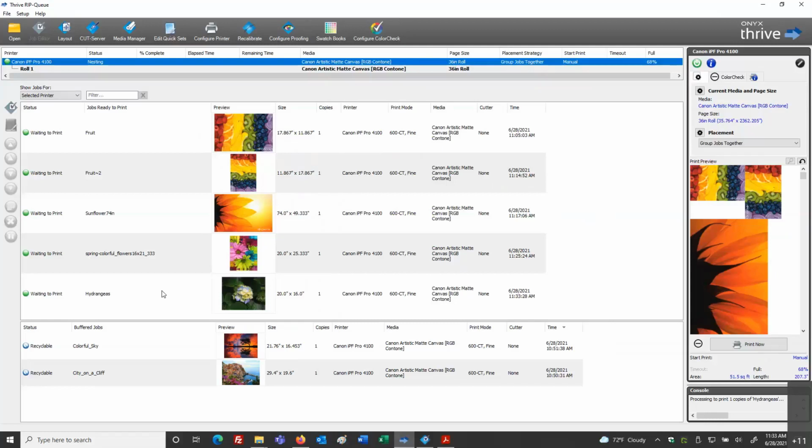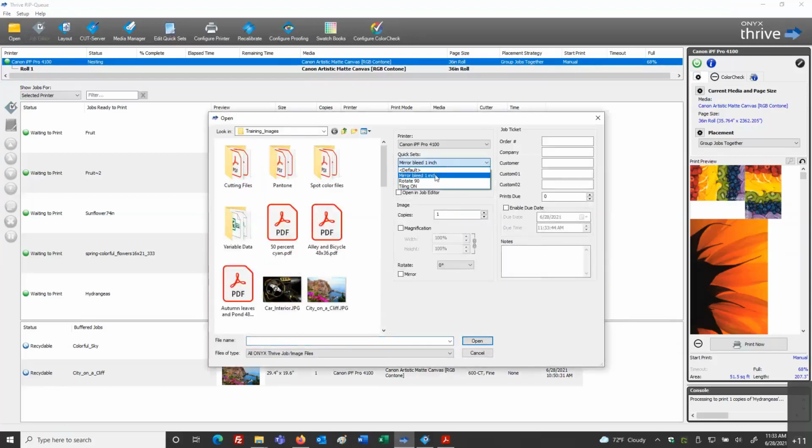Okay, so as you can see, quick sets are going to save us time, automate our process, and keep us consistent. I keep going in and using whichever quick set I need to use. I'm being very efficient by making these selections and choosing a preset.